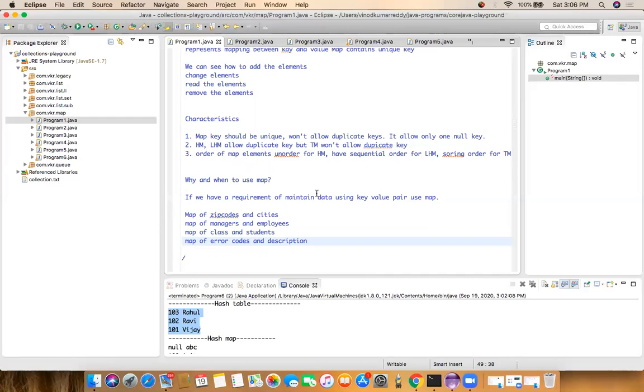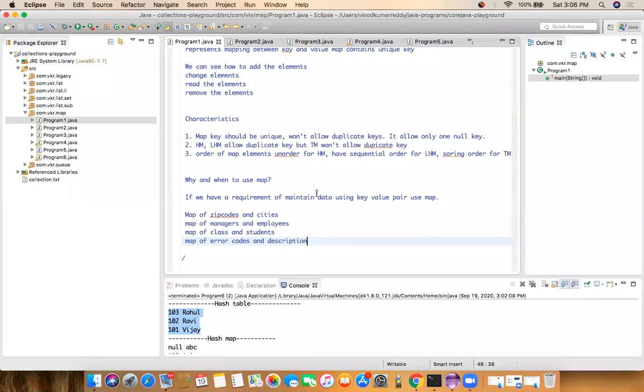We want to maintain a map of managers and employees. For manager 1 as a key, employees are 100. For manager 2, employees are 50. For manager 3, employees are 20. Something like that, we can maintain key value pairs. Key is a manager and the employees are the values.